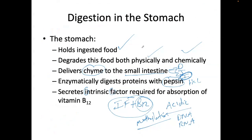So the stomach is holding food. It digests food both physically and chemically, and it delivers chyme into the small intestine. We have three parts of the small intestine: the duodenum, jejunum, and ileum, and I'll go over those shortly. And then enzymatically, the stomach digests proteins due to the pepsin, but of course, we need the hydrochloric acid to